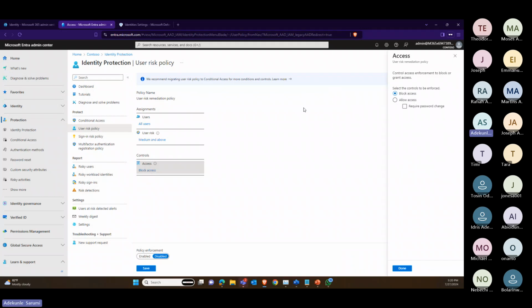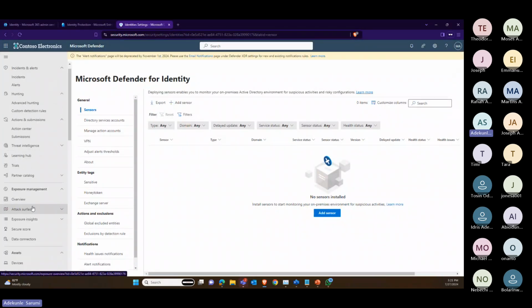So for every user, if I turn this on and say block access for users that are recognized at medium risk and above, I would close this. I don't want to turn this on yet, but I want to say just block access for users that you recognize as medium and above. Once I turn this on and I save this policy, now when I get back to my identity,